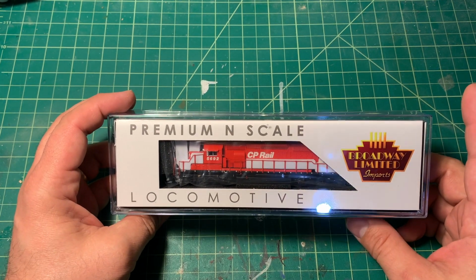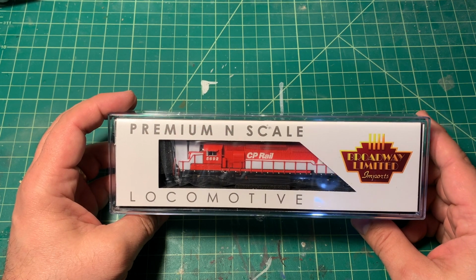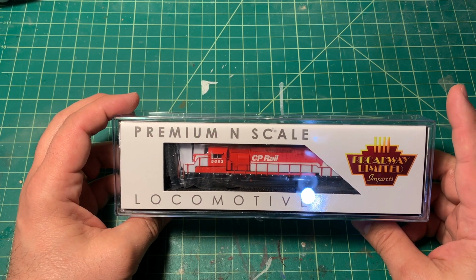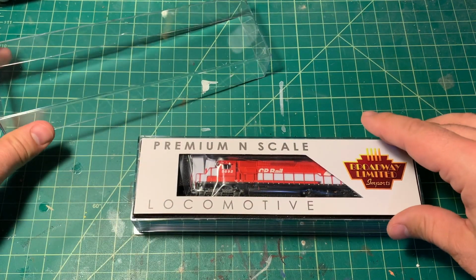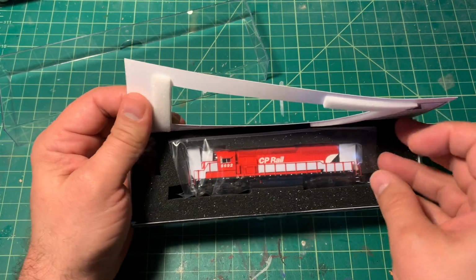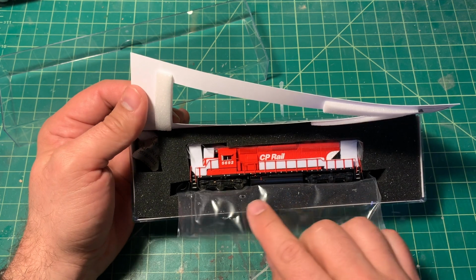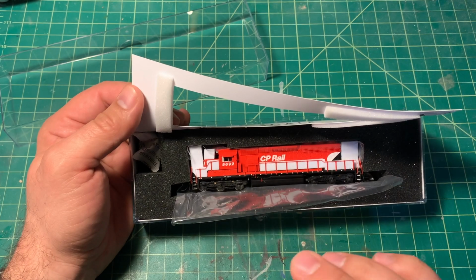So last year at one of the Steeltown RPM, I got a gift card for their refurbished shop, and I've been waiting for something to use it on. I finally saw one of these pop up, and I've wanted one of the SD40s with the Pac-Man scheme. So this one's been refurbished, so in theory,